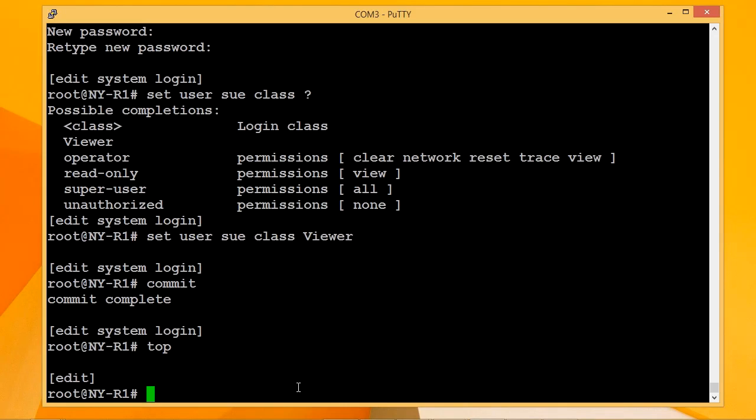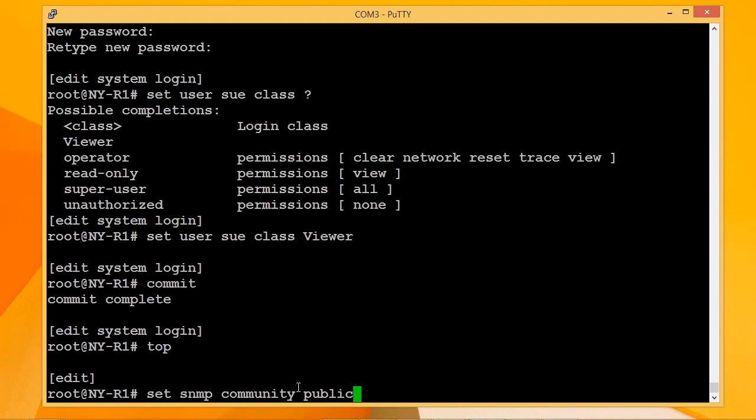SNMP command. So I'm already logged on to my router, so I'm going to use the set SNMP, and I'm going to specify the community name, and I'm going to set the community name here to public. Now this community name acts kind of like a password. It's how we can control which systems are allowed to monitor this device. Realistically, the default community name on a lot of SNMP components is set to public. So setting my community name here to public may not be the best idea, but I'm going to set it